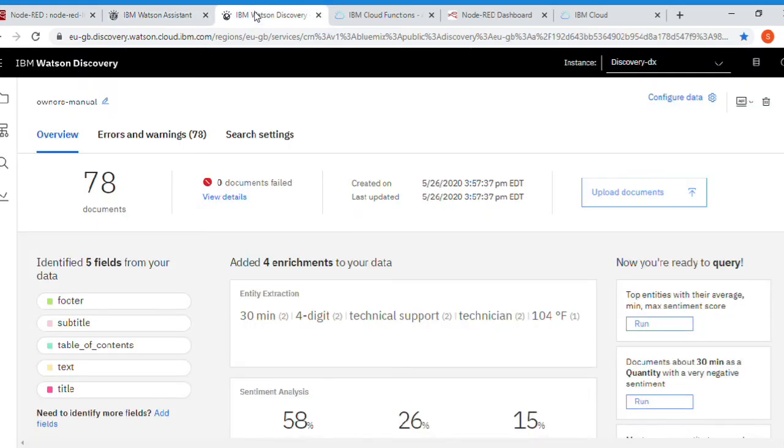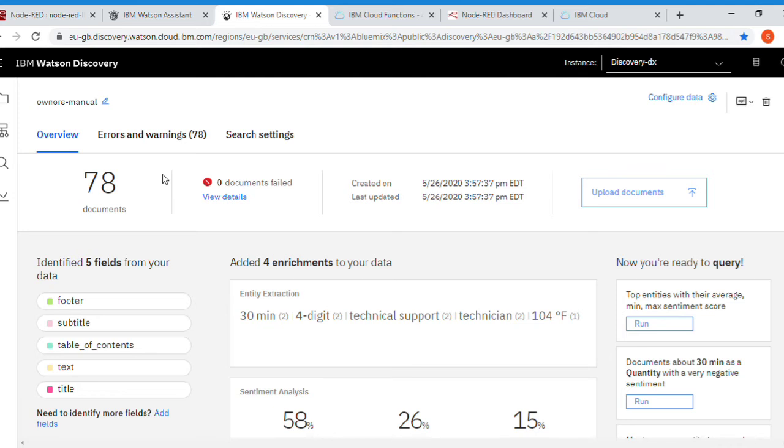What IBM Discovery does is it takes an input, that is a document or multiple documents. Those documents are separated into a number of pieces, like as you can see there are 78 documents. I have only uploaded one document, and it is separated into 78 pieces.